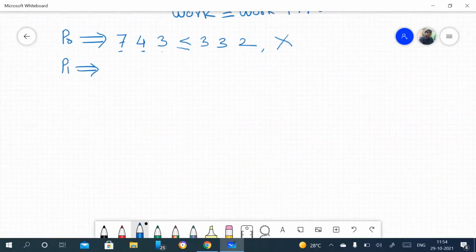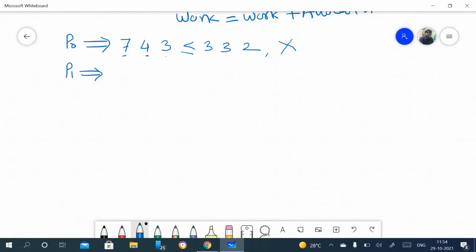So we can say here 1, 2, 2 is need, and available is 3, 3, 2. It means this resource is smaller than this 3. This is again smaller than this 3, and this is equal to this one. So we can say this is true,